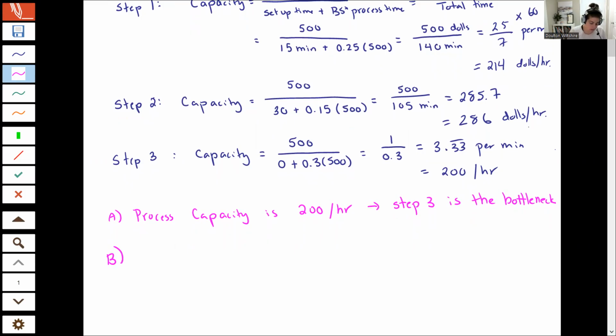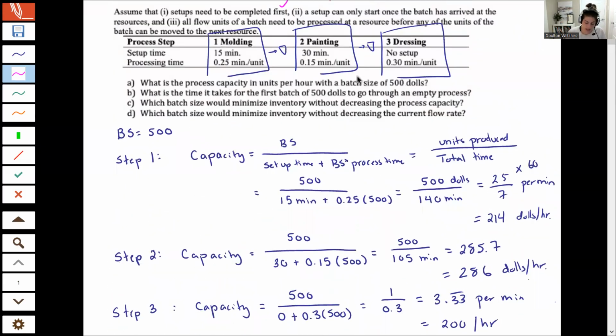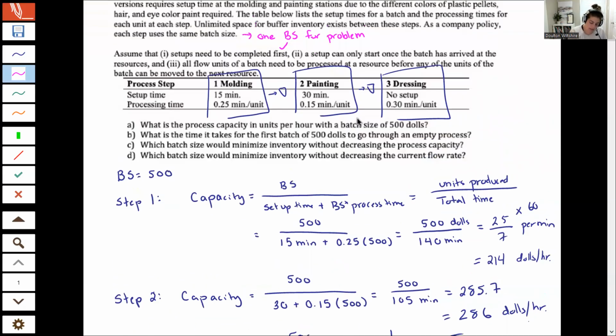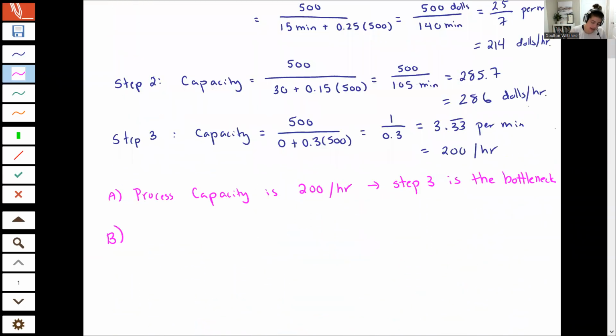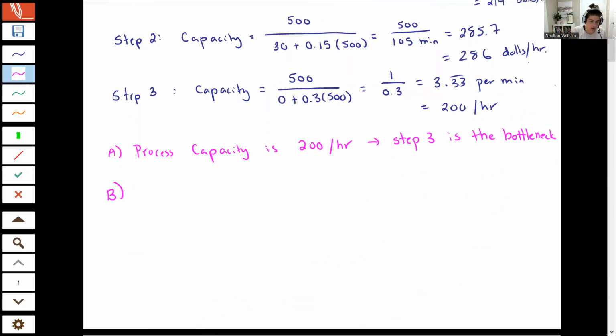Question B asks us, what's the time it takes for the first batch of 500 to go through an empty process? This is where assumption 2 is really important. A setup can only start once the batch has arrived at the resources. Otherwise, we wouldn't incur this 30 minutes of setup time for painting because we could do that while molding is going. But because we do have that assumption, we have to. So we're going to start with that setup time for molding. So 15 minutes,